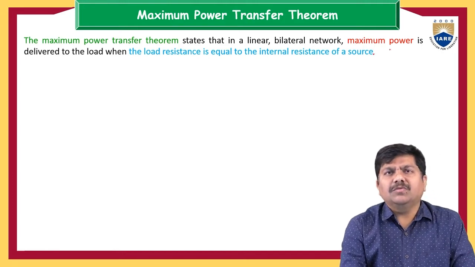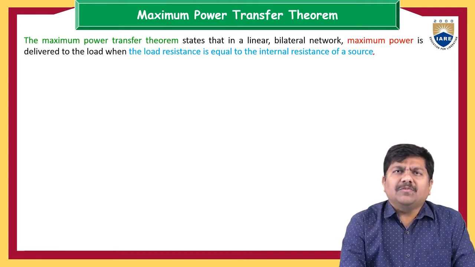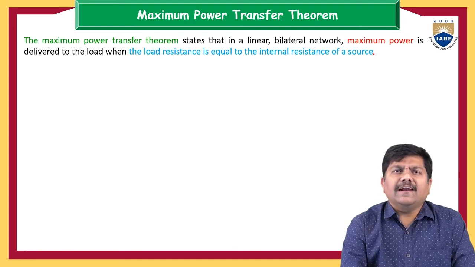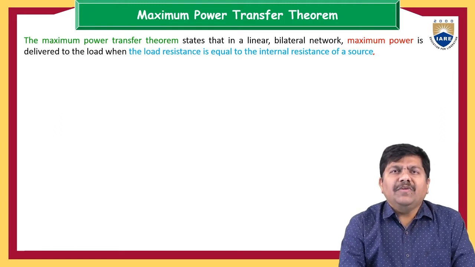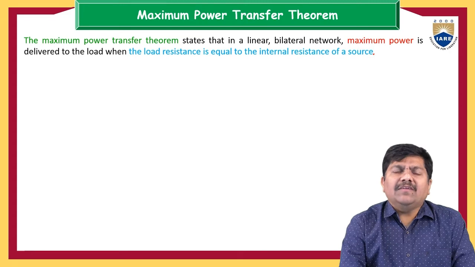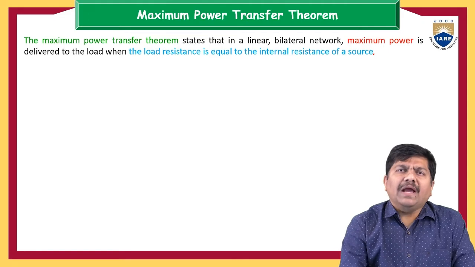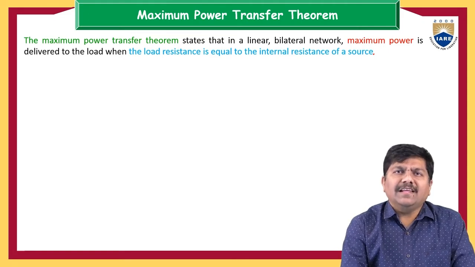Practically, if you observe energy sources like the voltage source or the current source: in voltage sources, while calculating the Thevenin's open circuit voltage or Thevenin's equivalent resistance, we replace the voltage source by a short circuit. It means ideally the voltage sources have internal impedance of 0. Similarly, the current sources have infinite internal impedance.